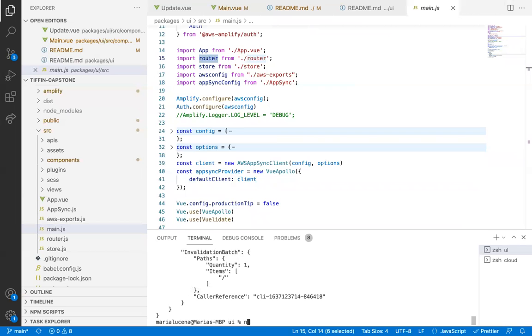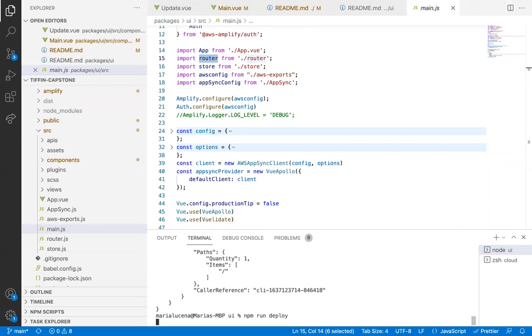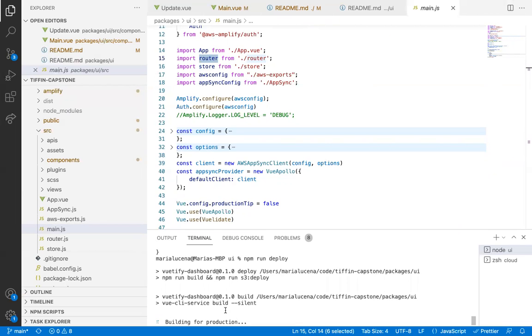If I do an npm run deploy, it will build my Vue.js application, and it will push that to the S3 bucket. That was just a couple of commands that I had to do, but I wanted to do them in a single command.